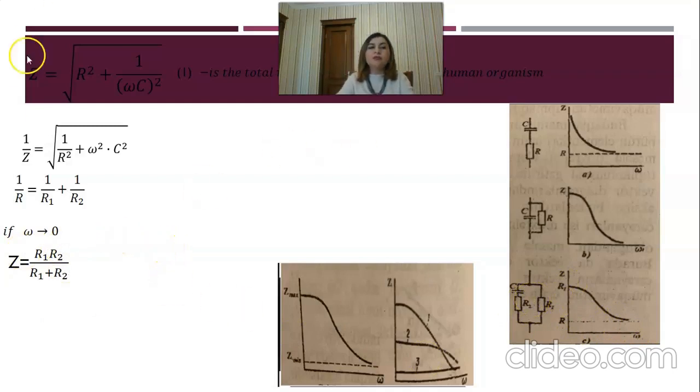And the measurement of this total resistance with respect to the omega during one heartbeat, it's about the rheography. Rheography is a measurement of total resistance or impedance of the organism tissues during one heart cycle. And the next graph is about the changing of the resistance or impedance with respect to the omega for living tissue,